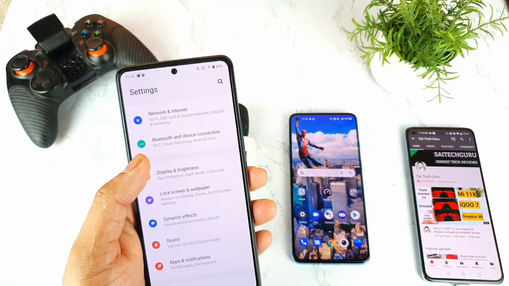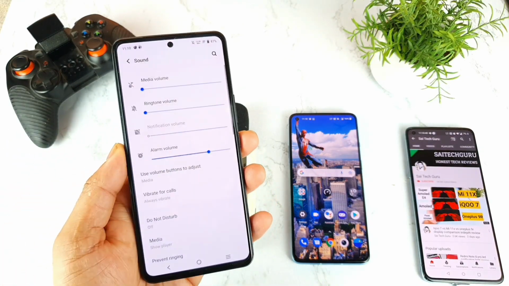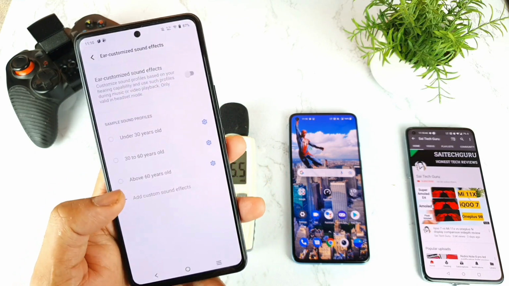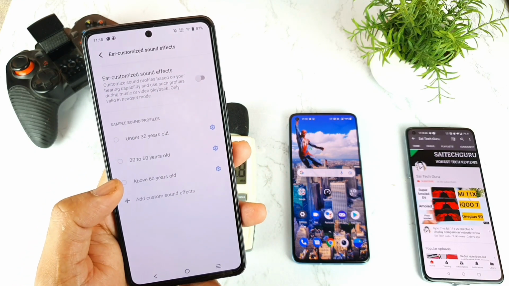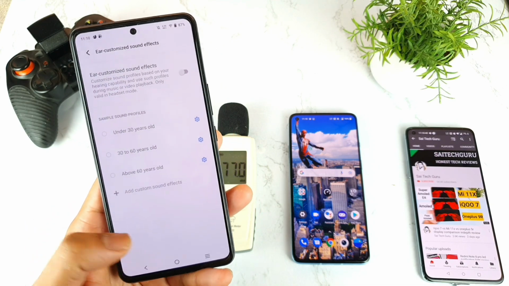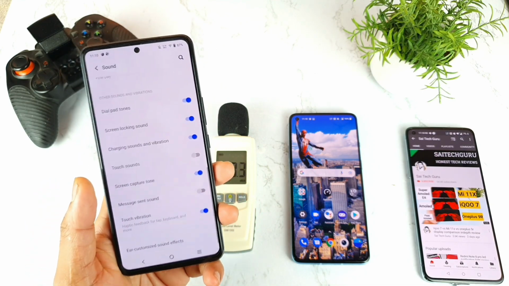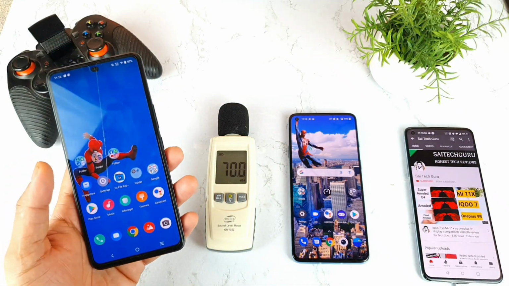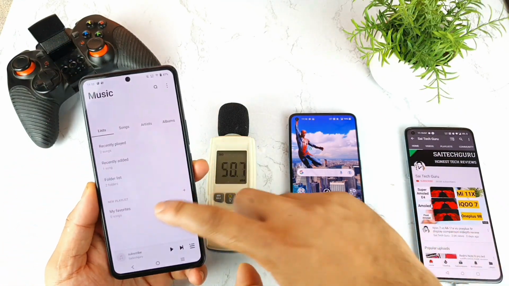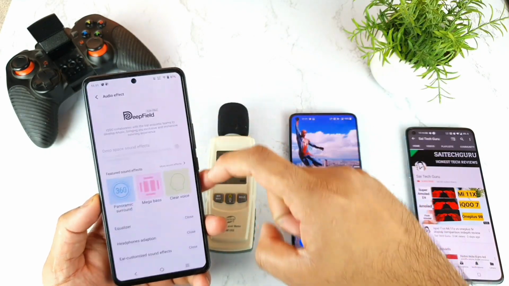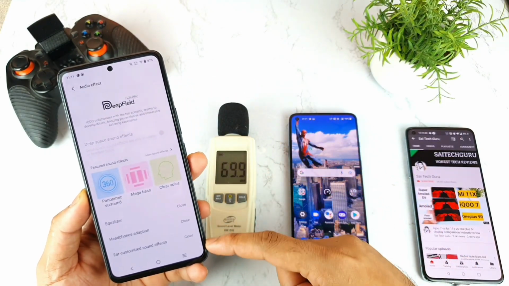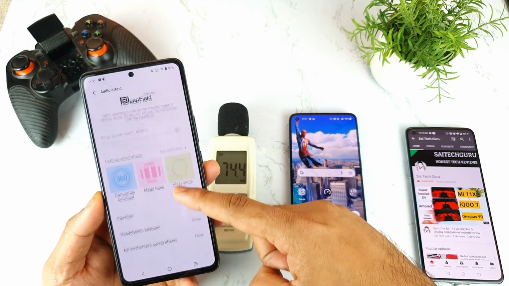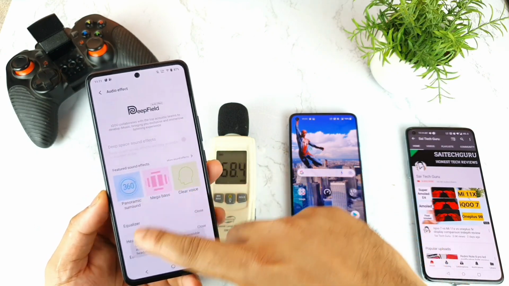Let me open the sound and vibration. As you can see, this is the sound option. There is no option to increase or change the effects. There is only earplug customization available right now in this IQ7 device. Without earphones and without Bluetooth you cannot customize the audio in this phone. Here's the audio file which I have got, and this is the customization which you can do once you connect your earphones or Bluetooth earbuds. These are the customizations, but you cannot access them in the loudspeaker mode.